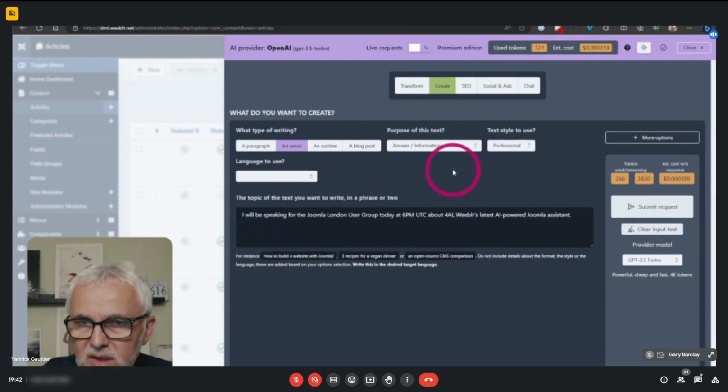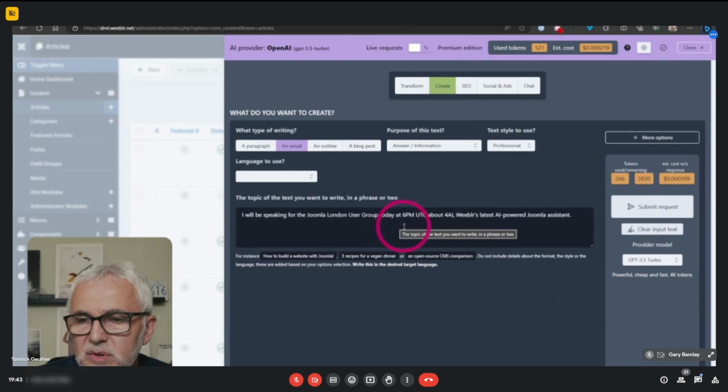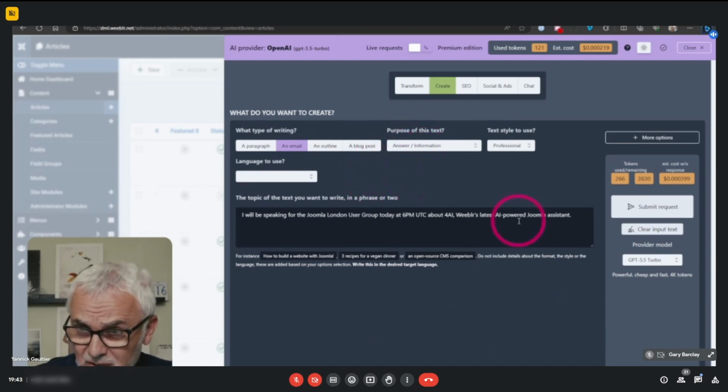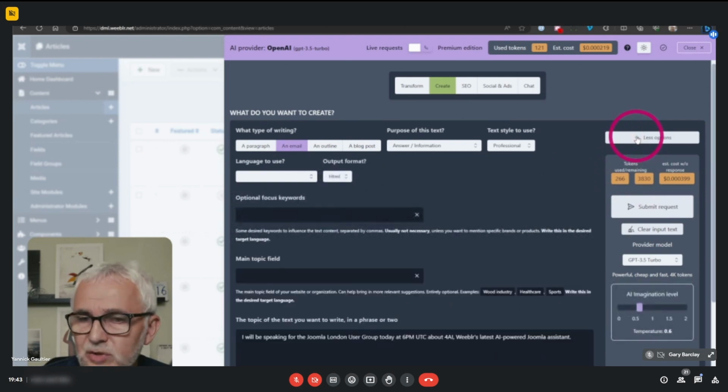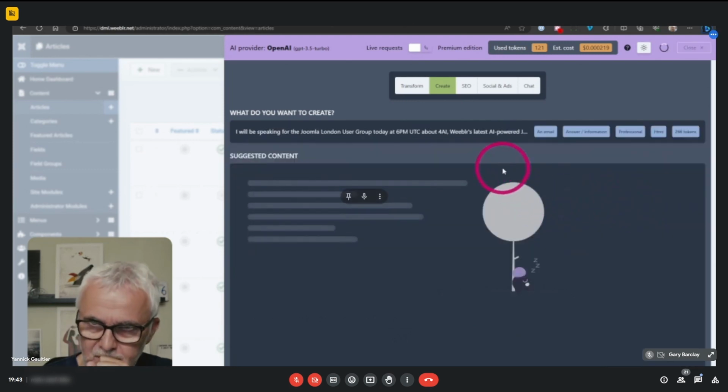The entire idea behind the extension is that you click buttons for the most part, because most people using Joomla websites won't find it very easy putting in all these specifications that you need to be able to write content that you can actually use. And there are more options below. I'm not going to go through that right now, but you have a lot of options. So let's see what it's saying.